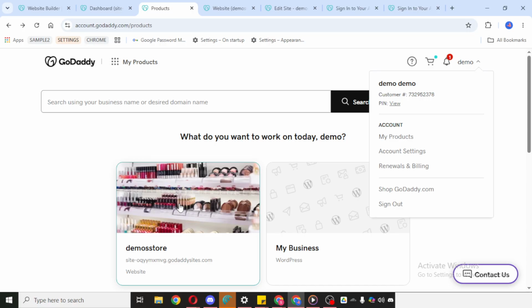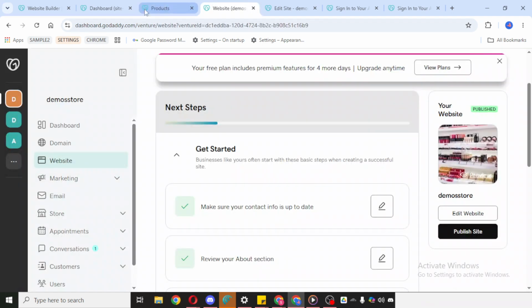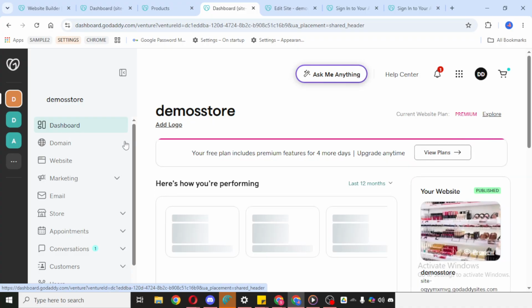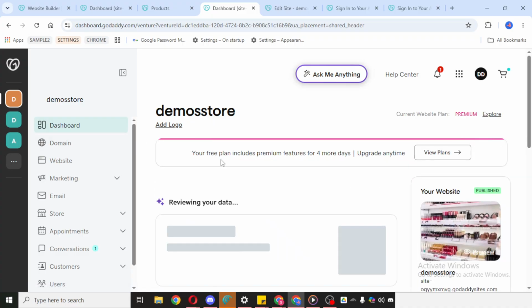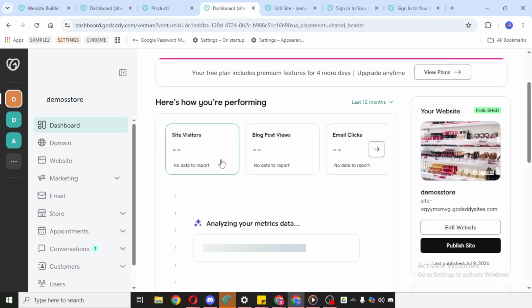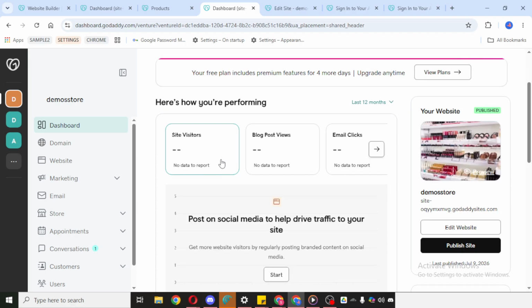Once you're there, click Dashboard. This is the key area for viewing general website information. Inside the dashboard, you'll be able to see site visitors and an overview of your website traffic. This is where GoDaddy gives you a snapshot of how your site is doing, making it easier to monitor activity at a glance. As you review this section, pay attention to the visitor information and the overall traffic summary.